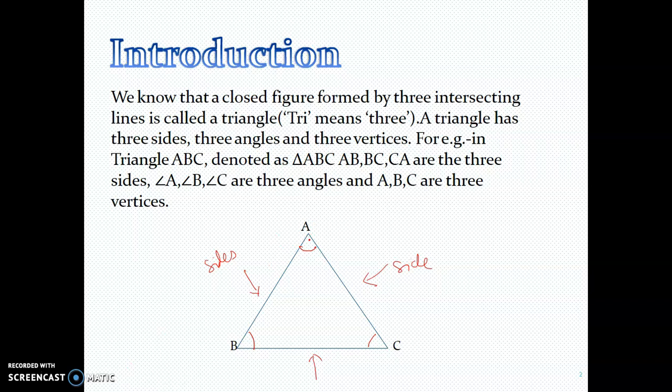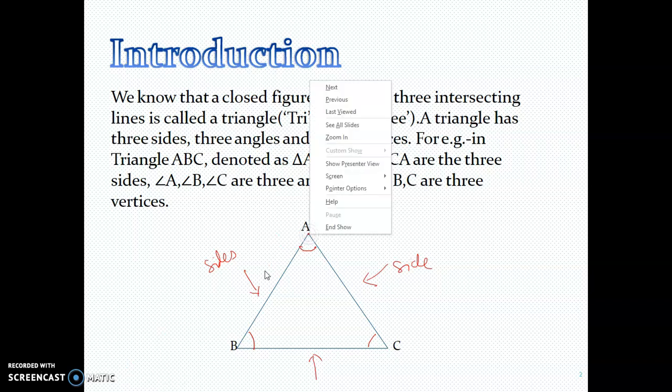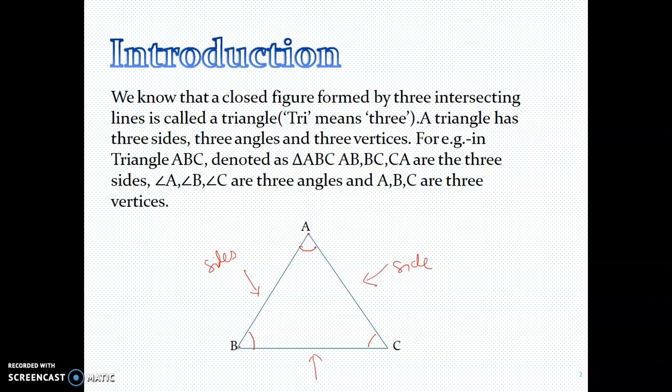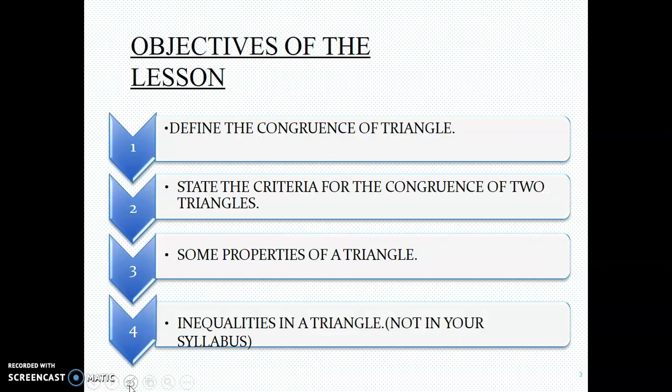So three vertices are clear. These are the three vertices. These dots, we don't say them dots, we say them vertices. Vertex A, B, and C, and the plural of vertex is vertices. Now, objectives of this lesson: